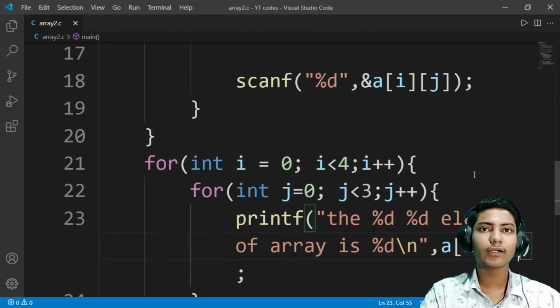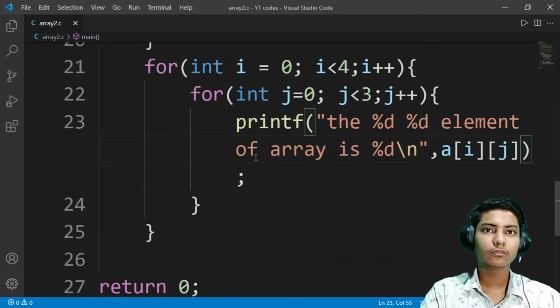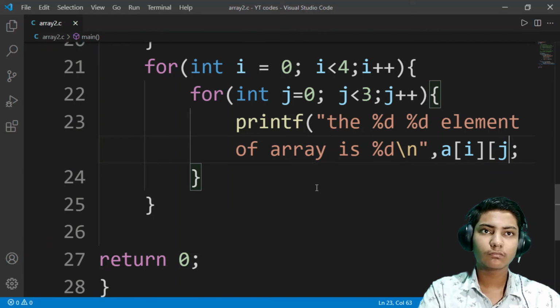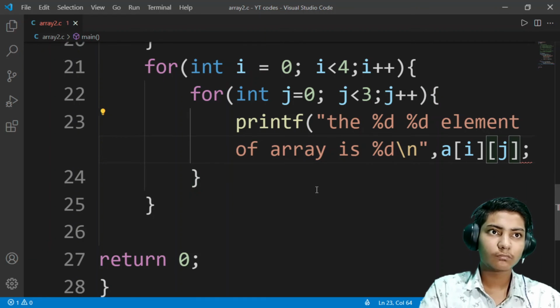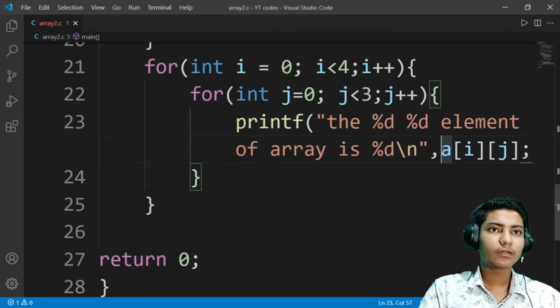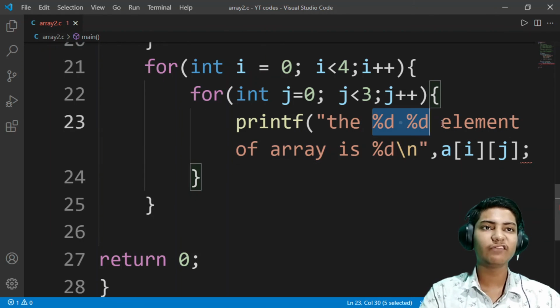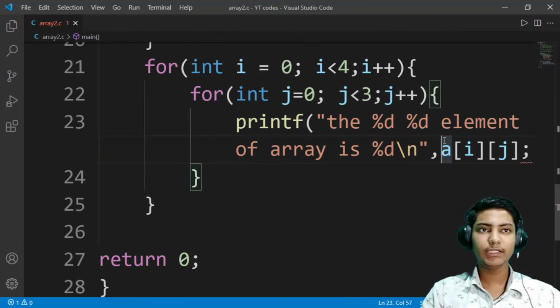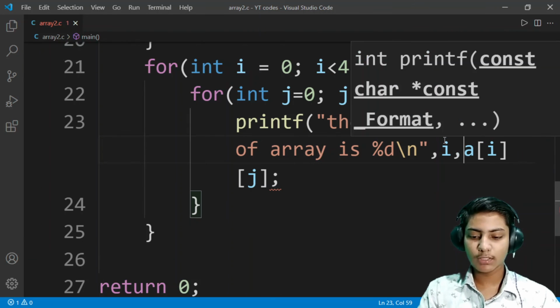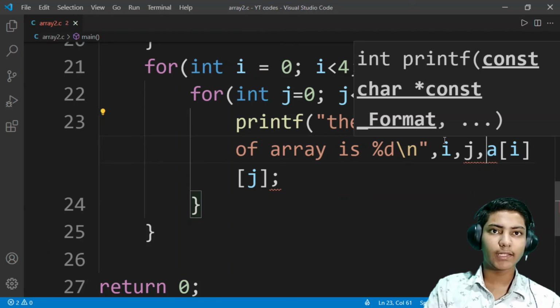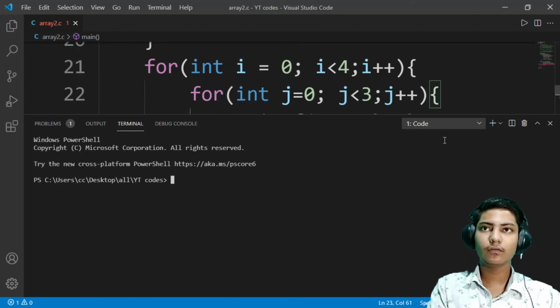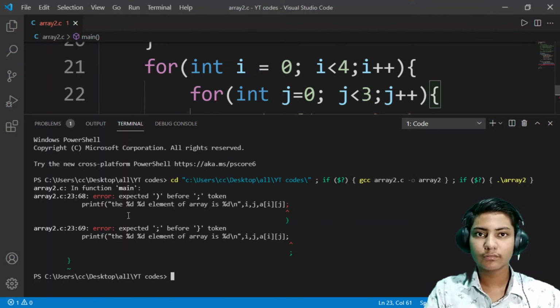I think I did something wrong. In printf we forgot to give these %d. So here i comma j comma a i j. Now run the code. Error is here.